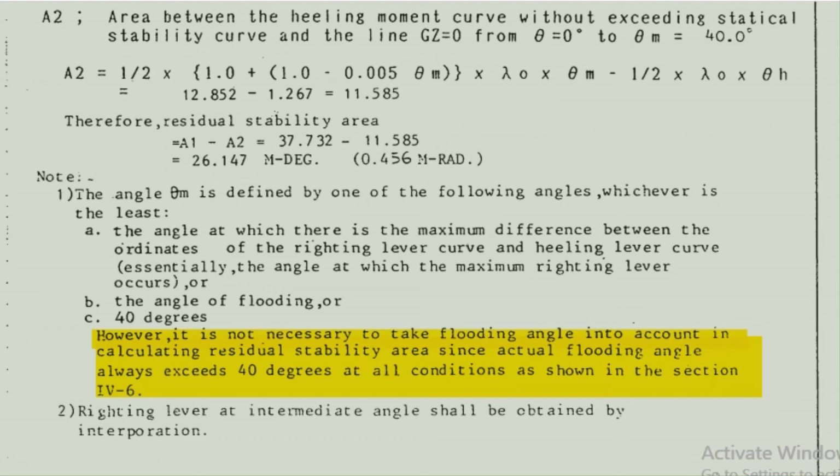It is not necessary to take the flooding angle into account in calculating residual stability area, since the actual flooding angle always exceeds 40 degrees at all conditions. This means we don't need to calculate the flooding angle and compare it with 40 degrees because it usually exceeds